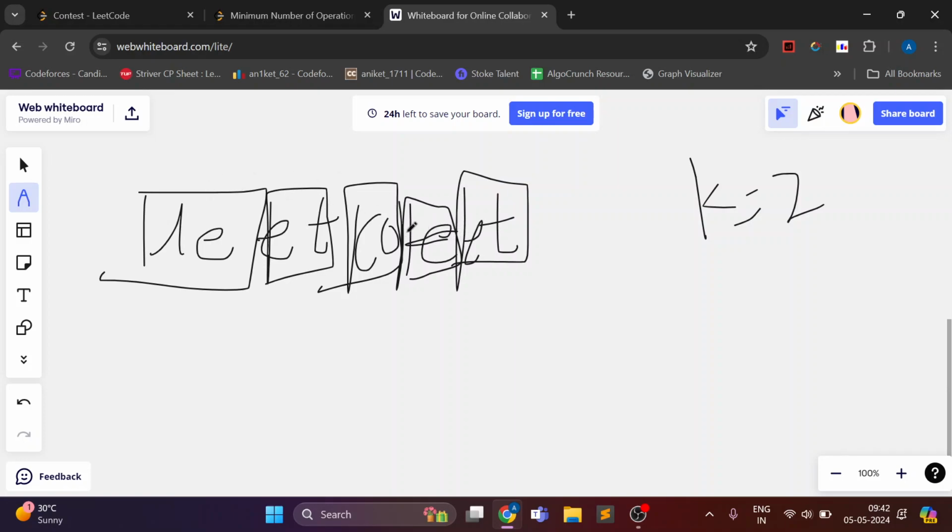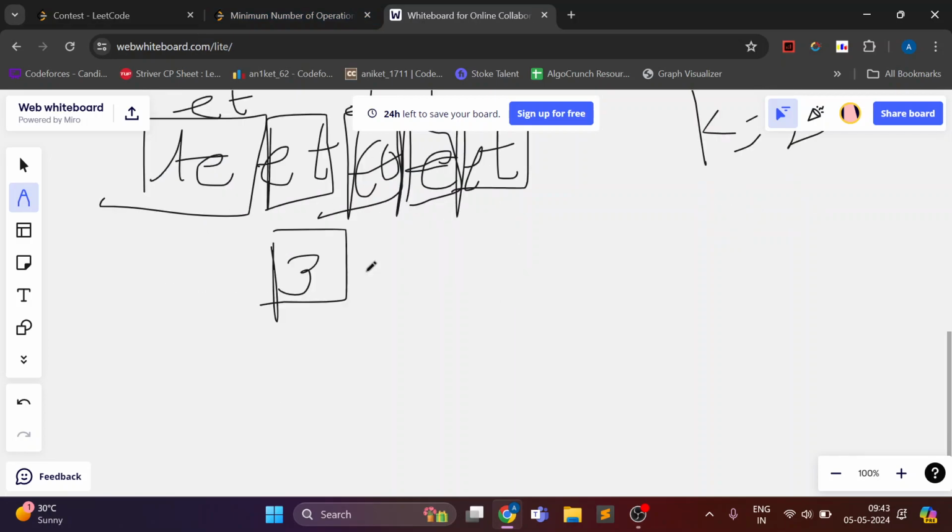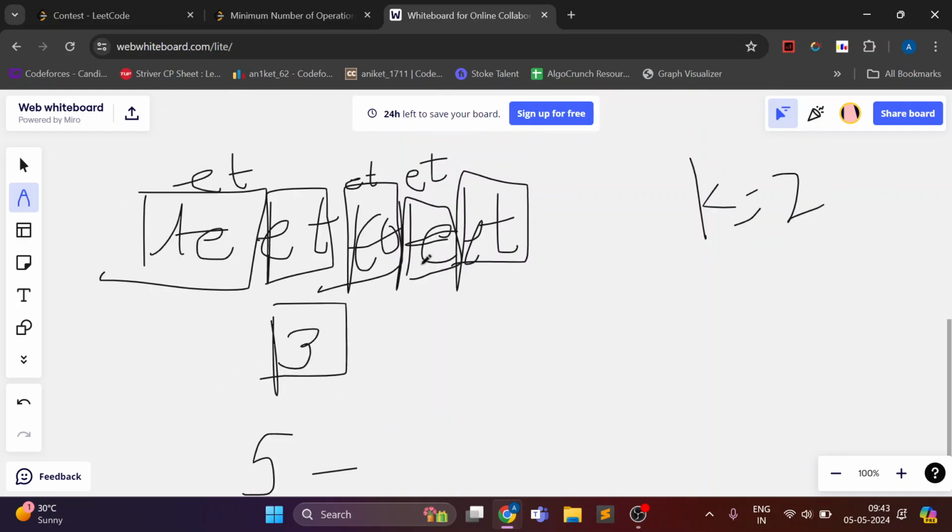So I can replace le with et. Similarly I can replace co with et and this le with et. Now I have et 5 times and the number of operations required is 3. Now if you have seen similar types of questions, you must know the answer here. There are 5 substrings of length 2 because 10 divided by 2 is 5, and the number of operations required